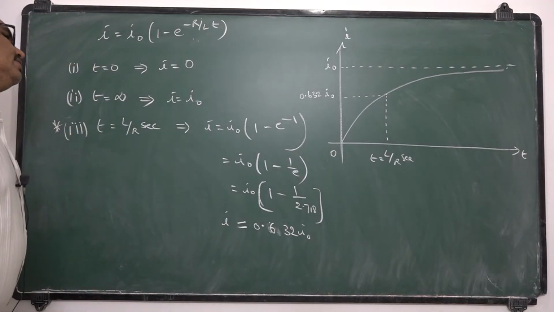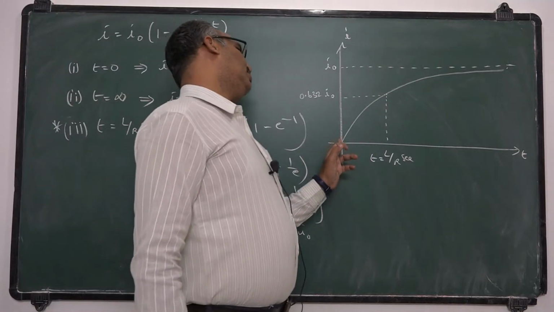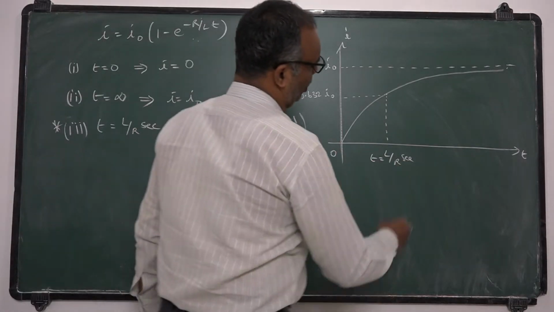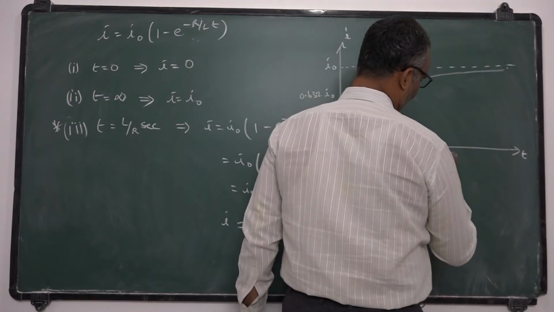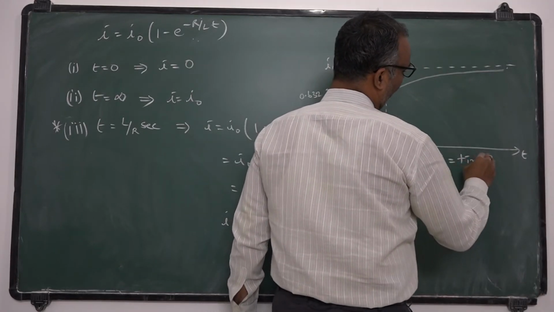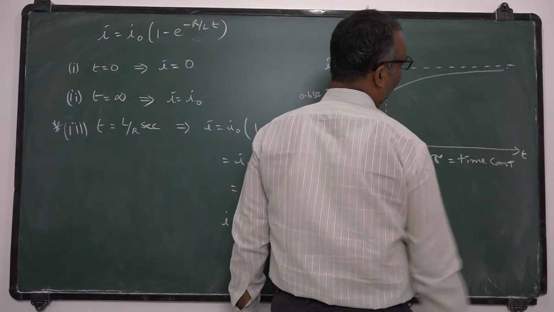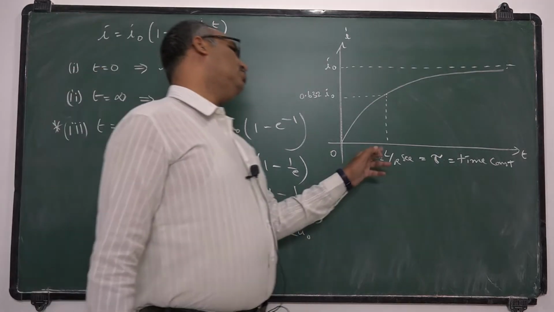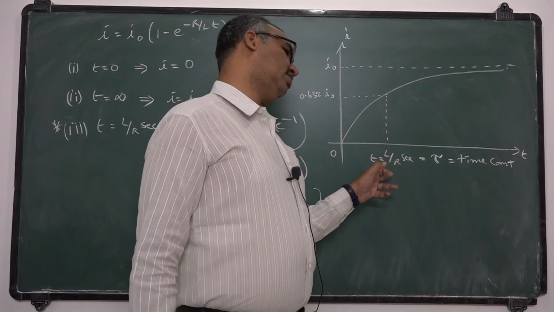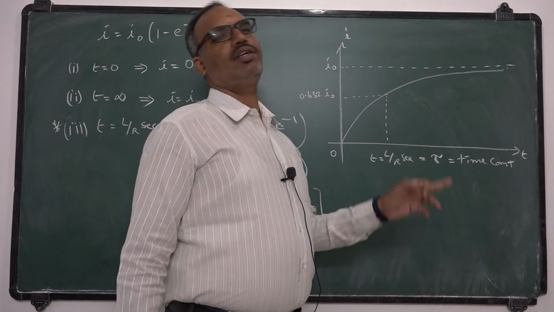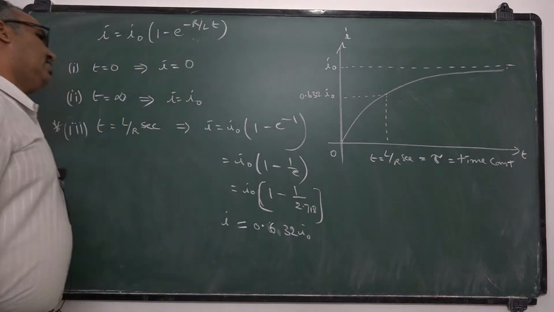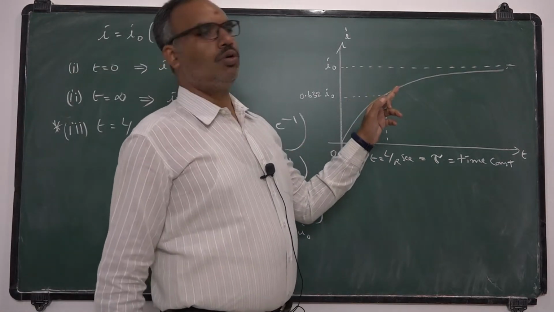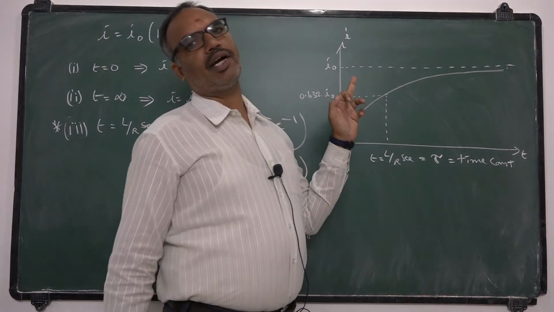The growth of current is clearly observed from the interval 0 to this. Hence, this time is called time constant of the circuit, represented with tau. Tau is called time constant of the circuit. What is time constant of the circuit? You can define the ratio of inductance and resistance observed in the circuit as the time constant of the circuit. Otherwise, you can define the time taken by the circuit to grow its current value to 63% of the maximum current value.